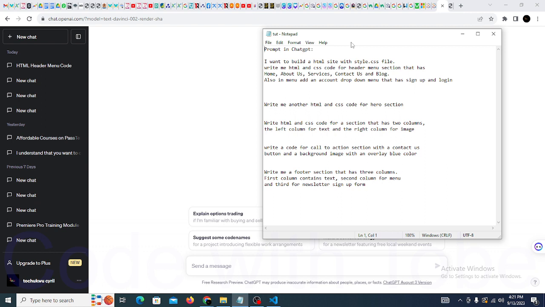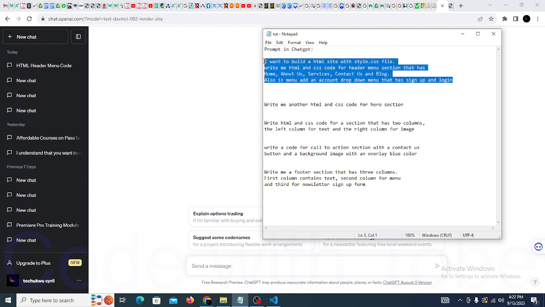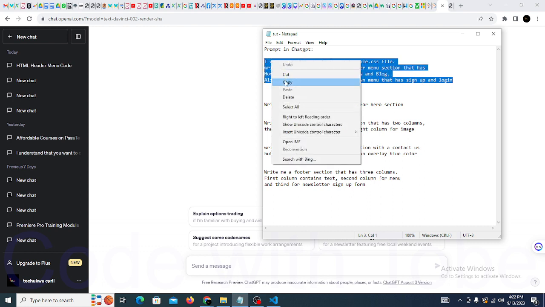The first one I said, I want to build an HTML site with a style.css file. So I'll be introducing you to CSS today. Like I told you, write me HTML and CSS code for a header menu section that has home, about us, services, contact us, and blog. Also in the menu, add an account drop down menu that has sign up and login. So if I copy this and feed it to ChatGPT,